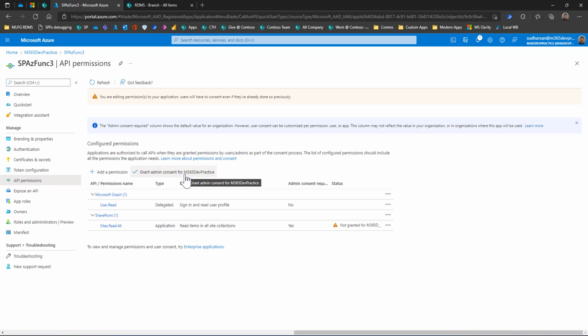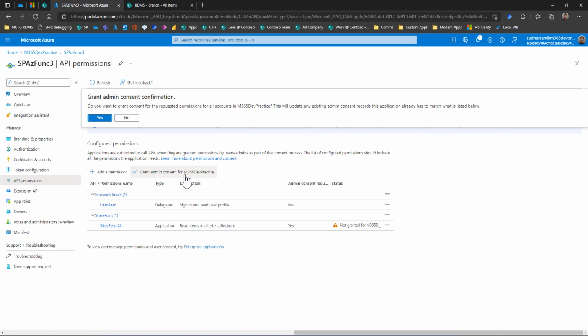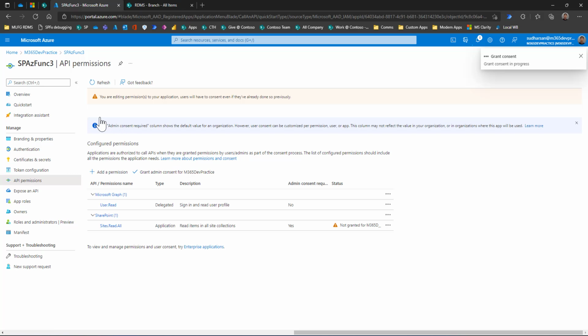And the app, you have to trust it, because once it is granted consent by the administrator, the app will have full control on whatever permission you are going to give. So make sure you trust the app and make sure the permissions are used in a right manner. So I'll just click grant admin consent and then click yes. So now the permission is granted, and now we are finished with the app registration.